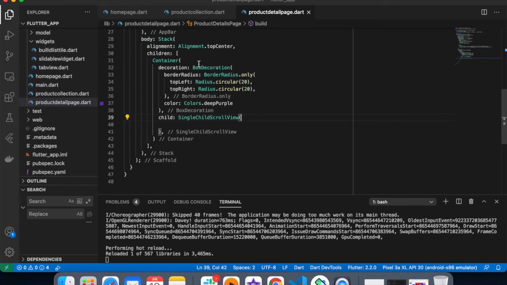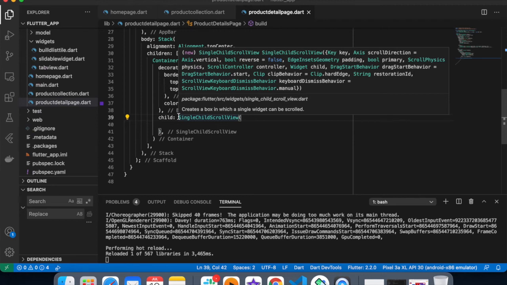So let's create the child part of this container, because currently the container should be shown, but I haven't given any height and width. So the height and width of the container totally depend on the widget inside that child. Perfect. If I give height and width, then the container size will be aligned with that height and width.